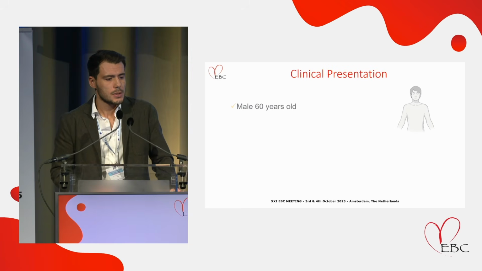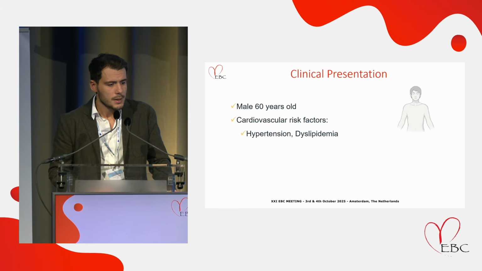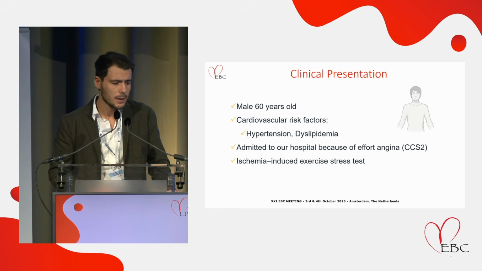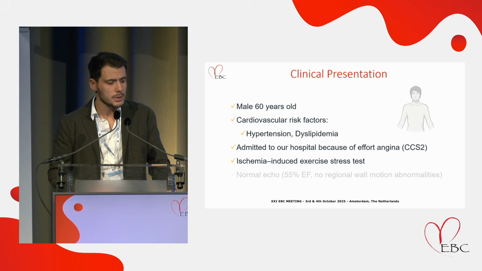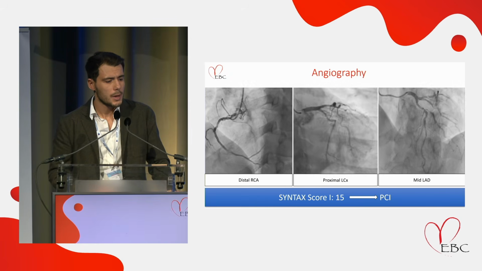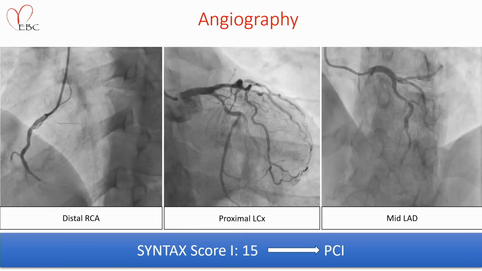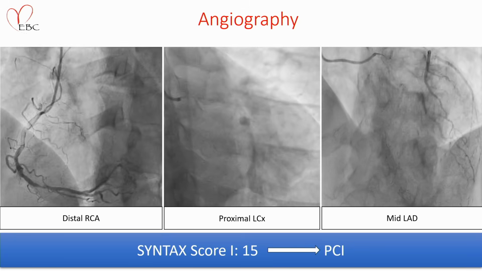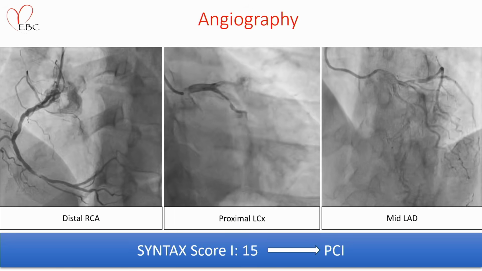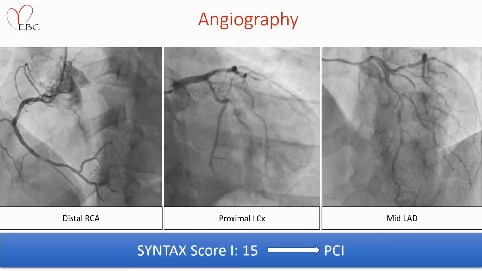So we are talking about a 60-year-old man, actually with classical risk factors, who presented to our hospital some years ago with chest pain. He underwent a stress test that was positive and a normal echo. So the patient was referred to our cath lab, where we found a 3-vessel disease with a focal distal RCA lesion, a proximal circumflex lesion that goes a little bit up to the ostium, and then a mid-LAD lesion. According to the SYNTAX score, which was quite low, the patient was referred by our team to